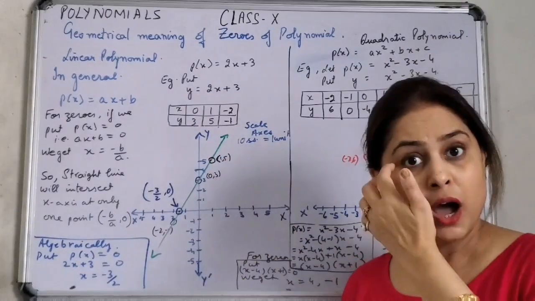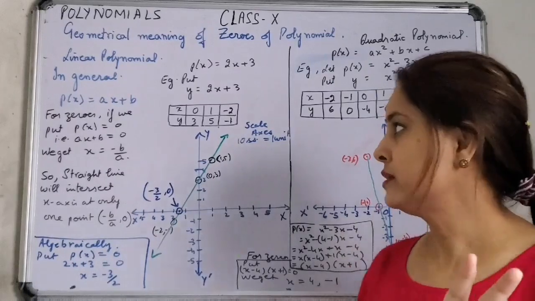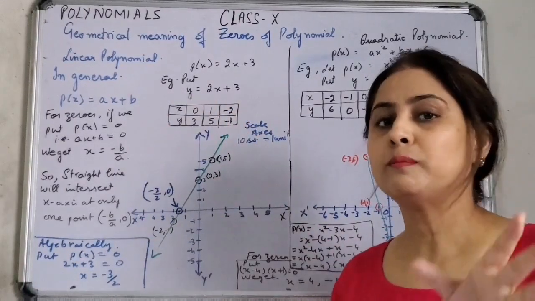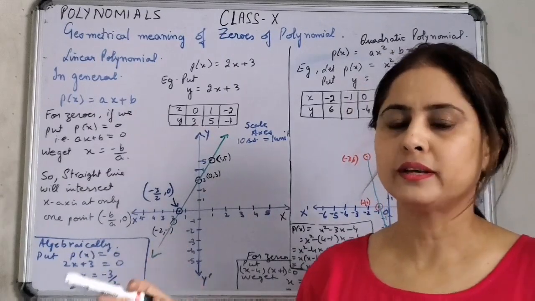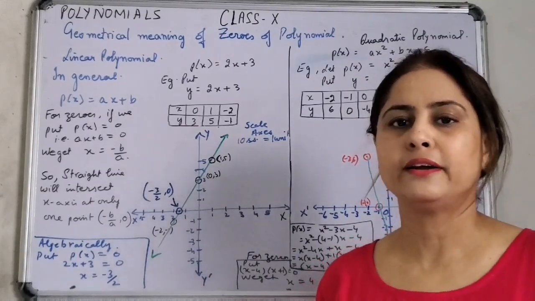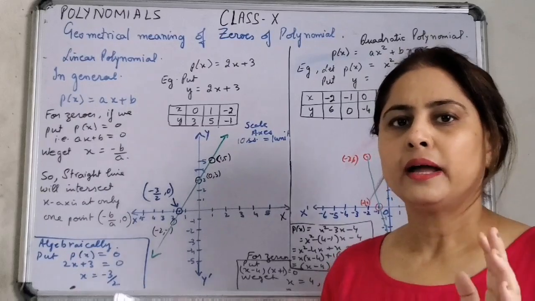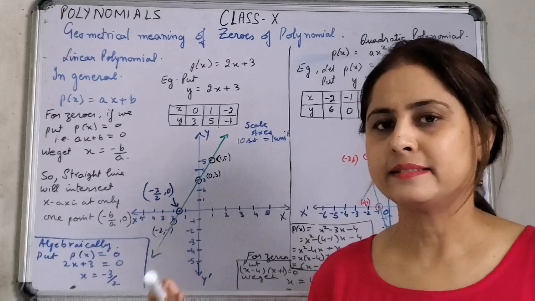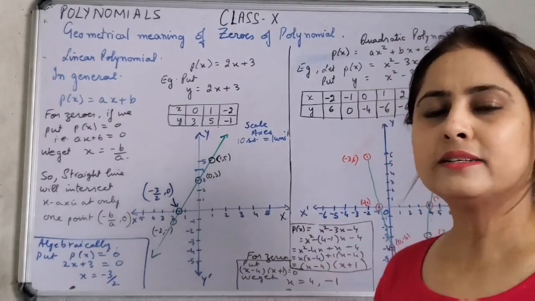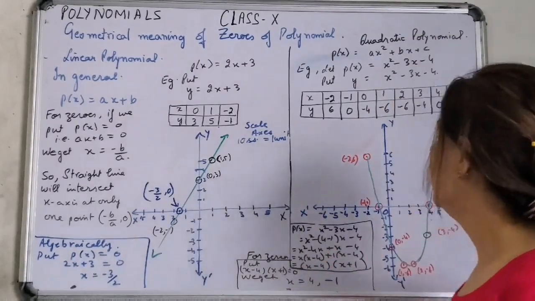Now let us see. One thing, good news for you is you are not supposed to draw the graph. You will be just given graphs on the paper in the examination room or in the classrooms, and you will just have to identify how many zeros are there. It was just to build up your basics so that you don't have any queries in your mind about how it was made. Now let us move to quadratic polynomial.